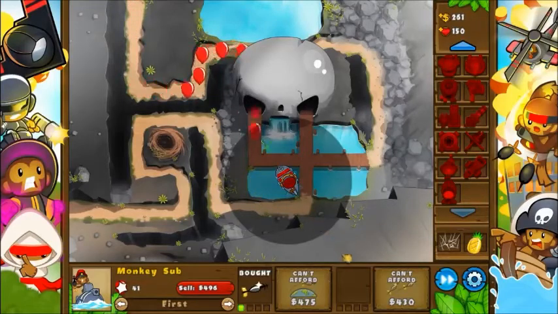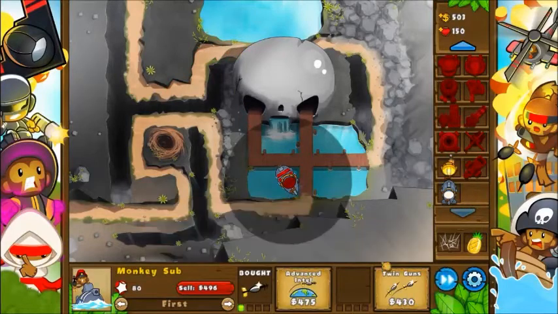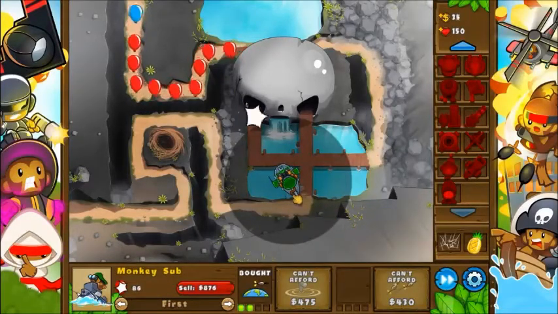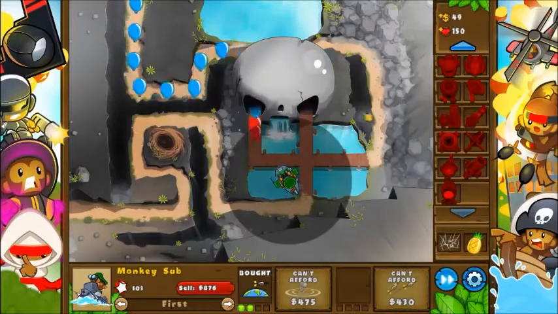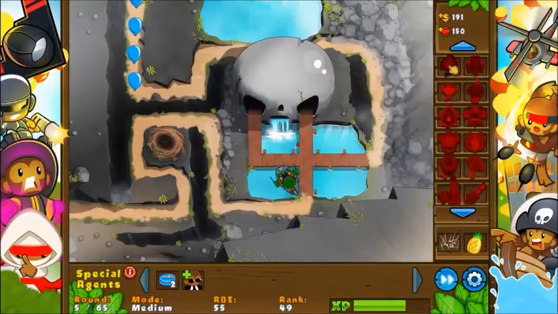I kind of got to see what the right side tier 4 looked like and what it did for the sub when we were playing the co-op game, but we had so many other towers on the screen that it was pretty hard for me to tell what exactly was awesome about it. So after putting it there and giving it advanced intel, I'm actually going to try to get a ninja monkey over here,